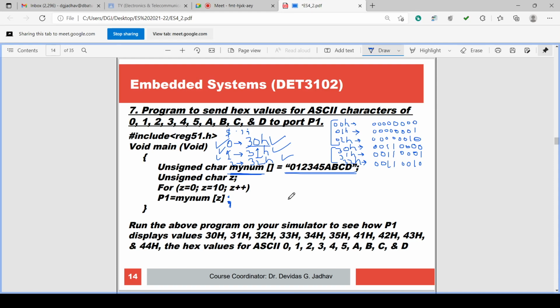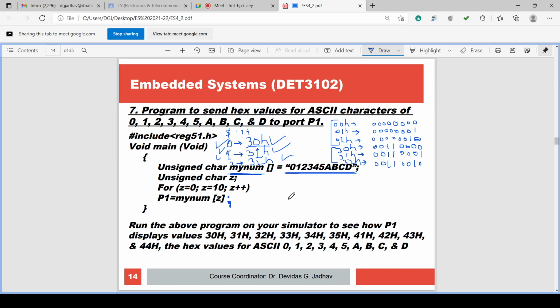The value of hex 0 is 00000000, but the hex value of ASCII 0 is 30H. ASCII symbol 0 has hex value 30. ASCII symbol 1 has hex value 31. ASCII symbol 2 has hex value 32.